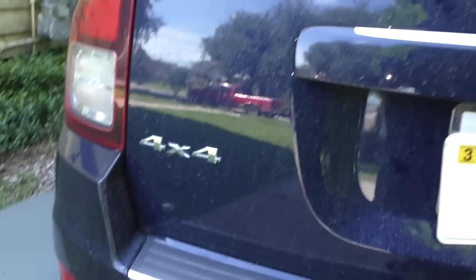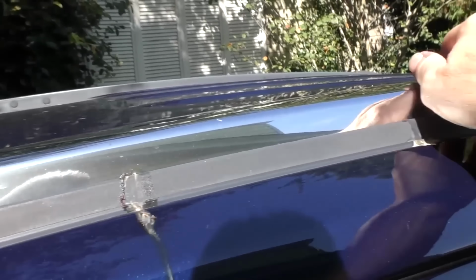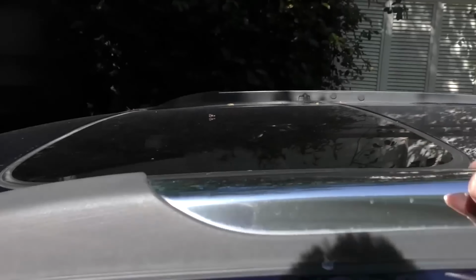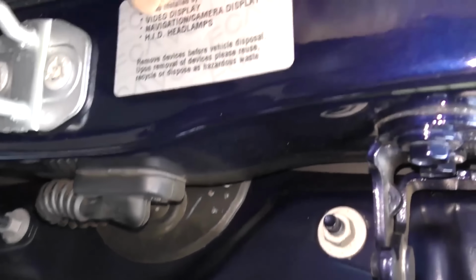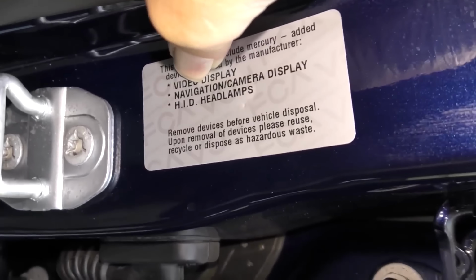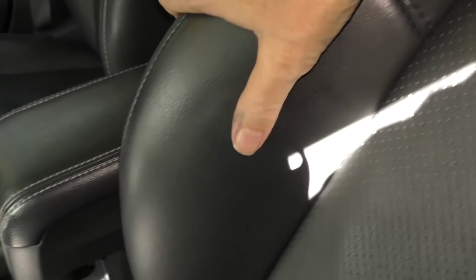It has a smallish, below average room in the back seat, and it's got a trunk that's a smallish size. The Toyota Matrix my wife has has a lot more space than this trunk has, and it's got a low slung luggage carrier on the top, but it's so small there really isn't all that much that you could hook up there. This is a high-end one, so it has a video display, navigation, camera, HID headlights, and leather seats,